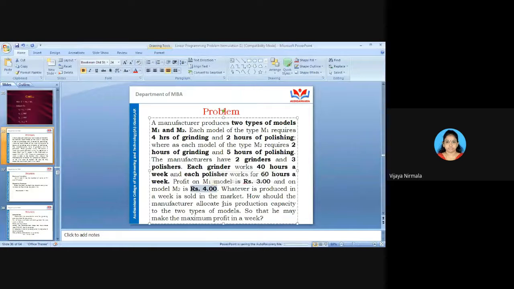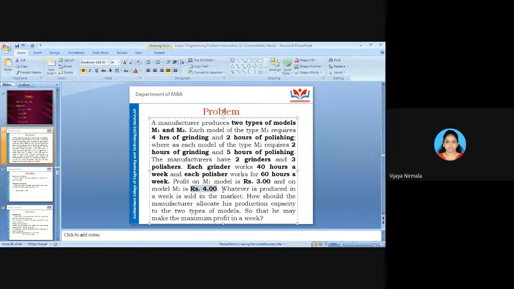Remember it like that. So don't involve these 4 and 3 in constraints. That doesn't come in constraints. You can't write that there, right? So 3 and 4 you have to write in the objective function. In the objective function you have to write max z is equal to.